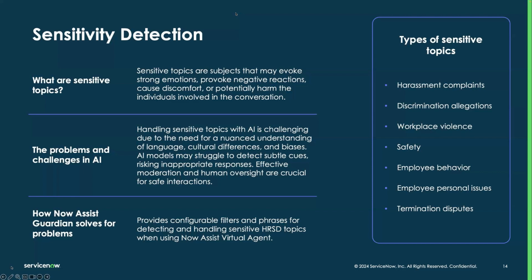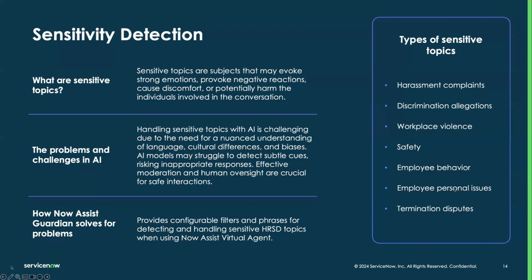So we created this capability called sensitivity detection, and also with Now Assist Guardian to help configure some of these sensitive topics and filters that would be used to detect when something is sensitive and how we can guide the employee to the right path. So on the right here, you're also seeing sensitive topics, which are out of the box with the sensitivity detection product. And these are just the typical categories that we see that are considered sensitive. And we shipped it as a part of the experience in the product